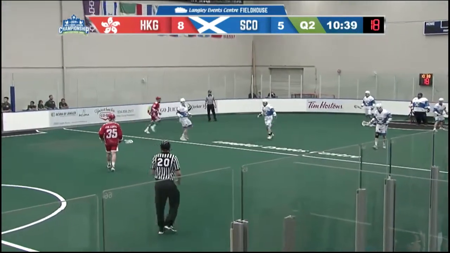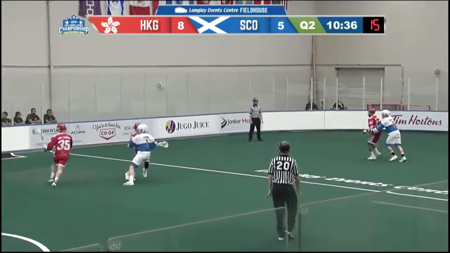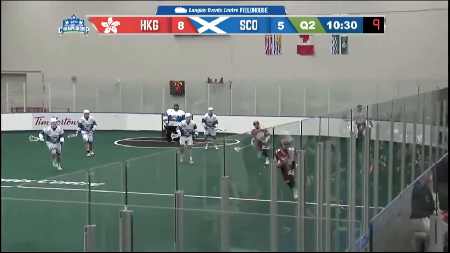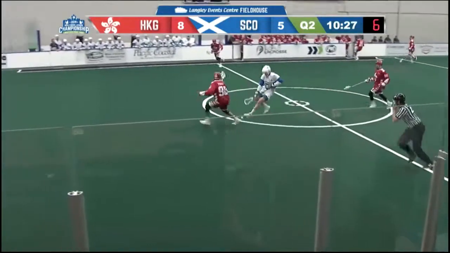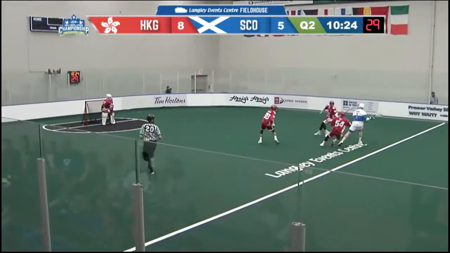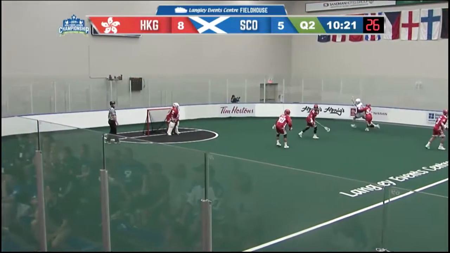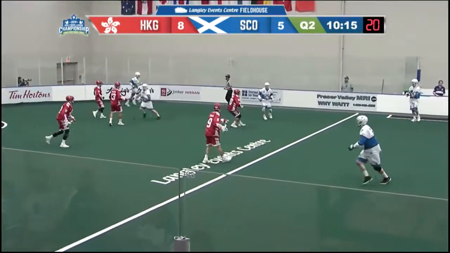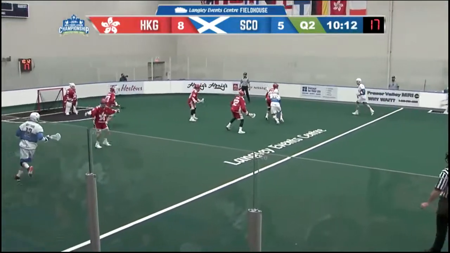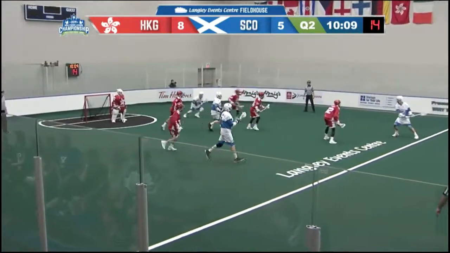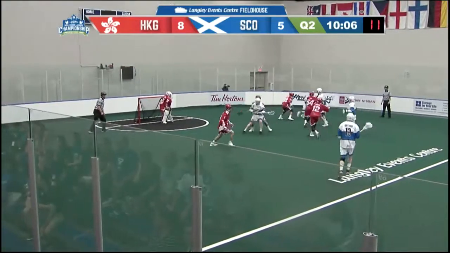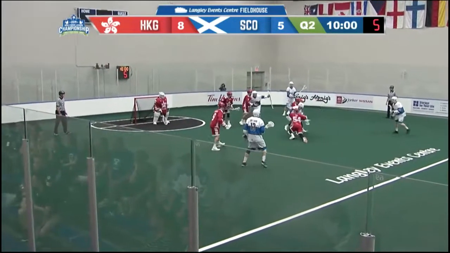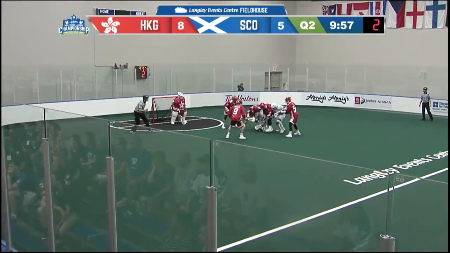And with possession, Hong Kong heated up in the back half of that first quarter, and it's pretty much been all Hong Kong since, as Scotland gets deep, then just throws an errant pass to center Mottram, holding it in. Kept to the outside along the right side there, Thomas Moffat. Moffat moving it down, now high center of the floor. Looking for a lane, trying to back in is Cole Pachieski.